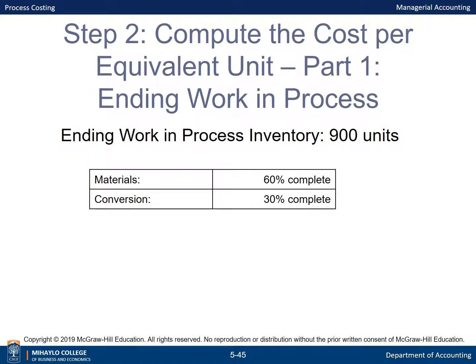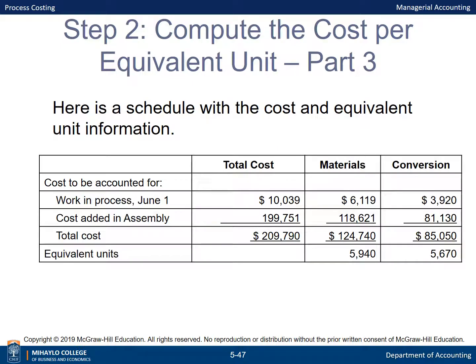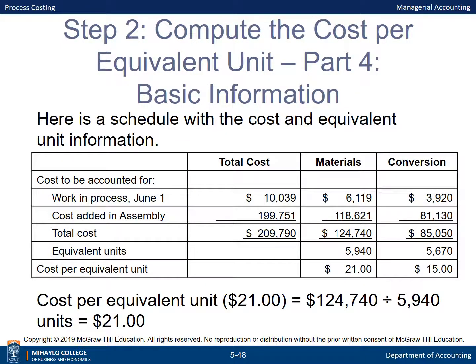Ending work in process inventory consists of 900 units which are 60% complete for materials and 30% complete for conversion costs. Under the weighted average method, a separate calculation is made for each cost category in each processing department. The cost per equivalent unit equals the cost of beginning work in process inventory plus the cost added during the period divided by the number of equivalent units of production. Total cost includes the cost in work in process on June 1 plus the cost added in assembly during the month. Total cost for materials is